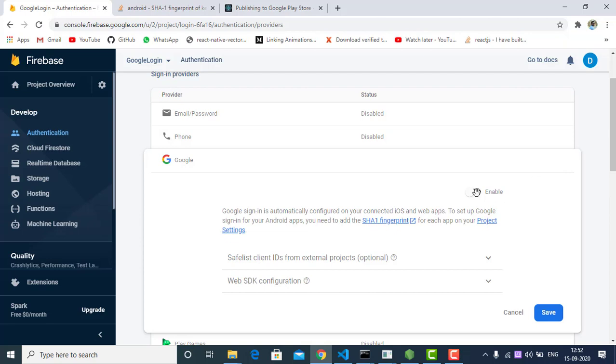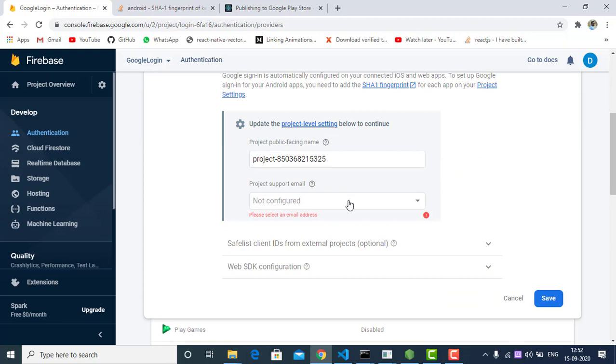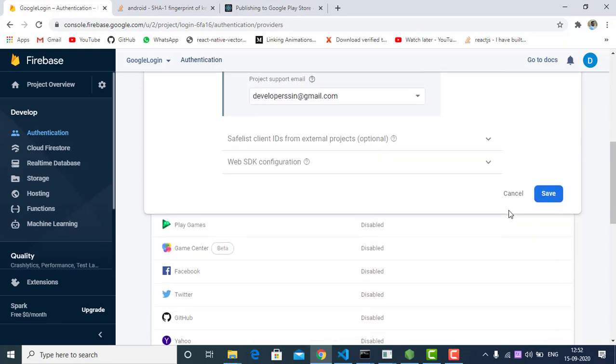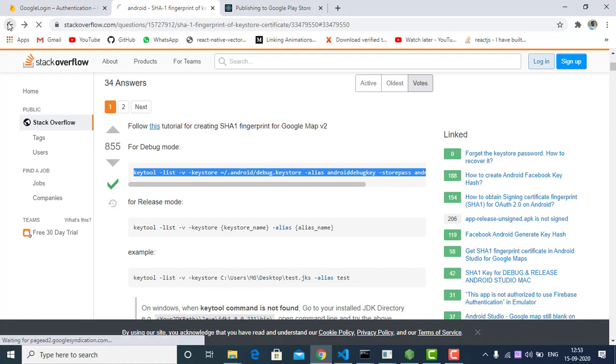You have to select a mail ID, then web SDK configuration, and we need this web client ID. We already completed our setup, so I'm gonna show you the usage.